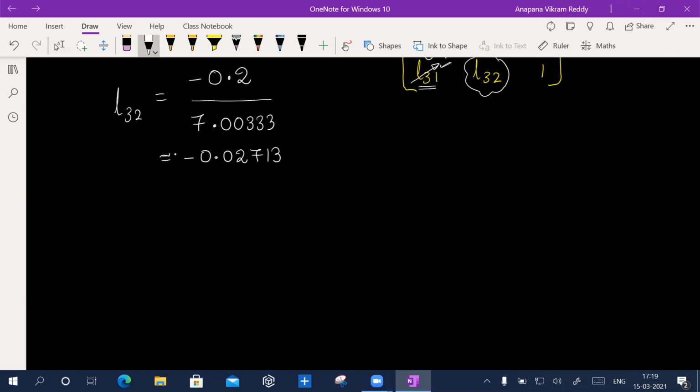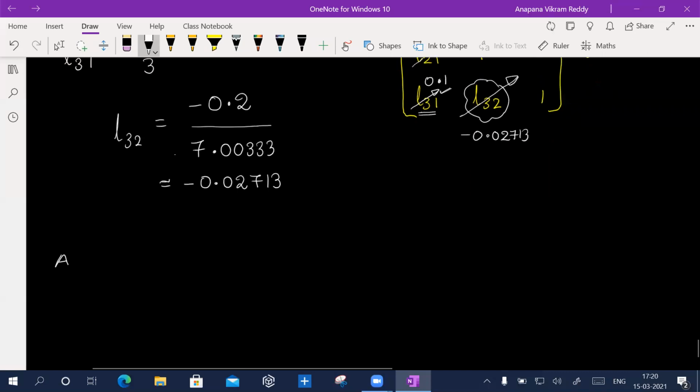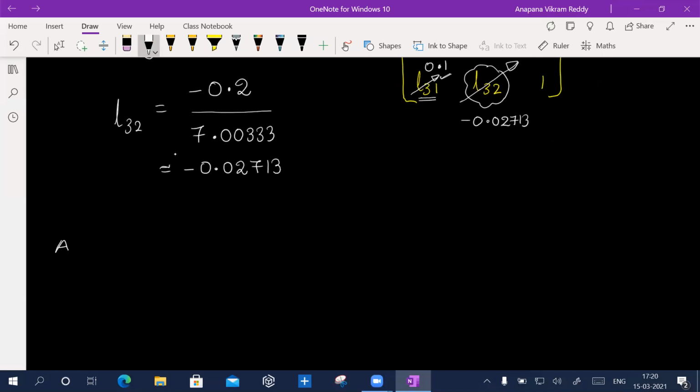Okay, now put together, that means you have to replace this guy by negative 0.02713. This is an approximate result, okay? So now coefficient matrix A is equal to L. This is almost a pakka question in examination here, okay? I don't know whether you have offline or online examination, but this is a very important topic for